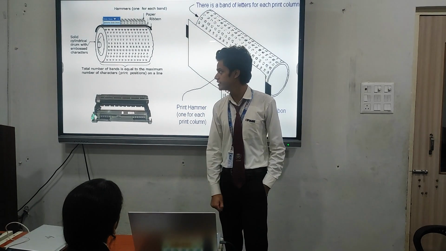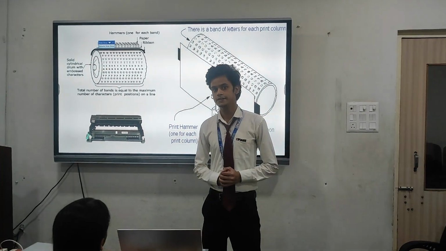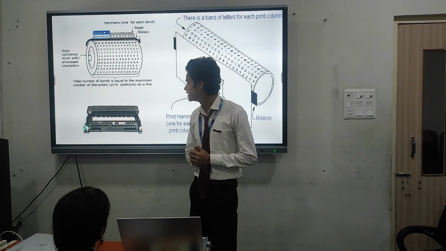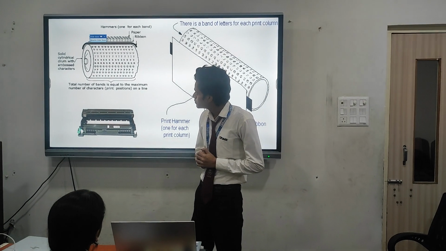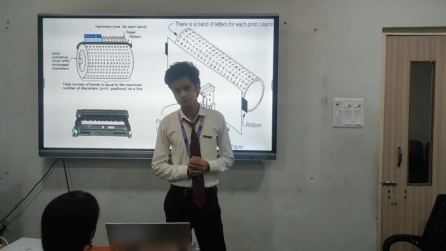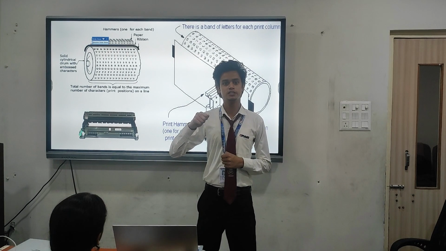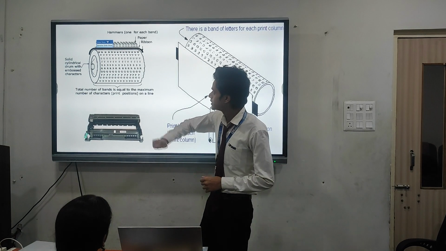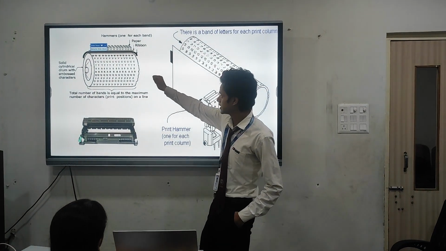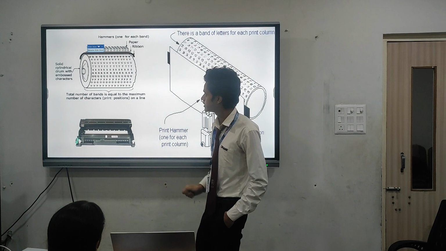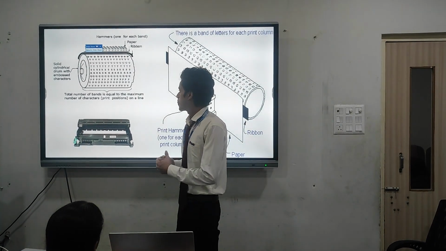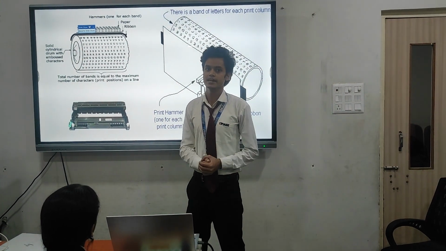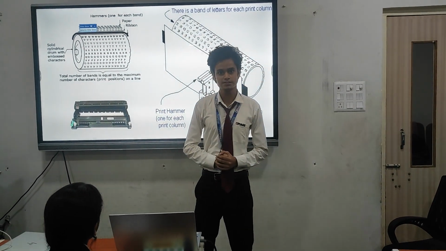Moving ahead, we have the drum printer. The drum printer is a kind of impact printer, and the core component used in this printer is a cylindrical drum, which is typically made of metal or plastic. In this printer, paper is placed between the hammer and the ribbon. When you look at the top of the drum, it seems like undecipherable hieroglyphics, but actually the characters are embossed on it. Talking about the technique, the character strikes the paper as the drum rotates, and the character leaves its impression on the paper, and this is how it gets printed.